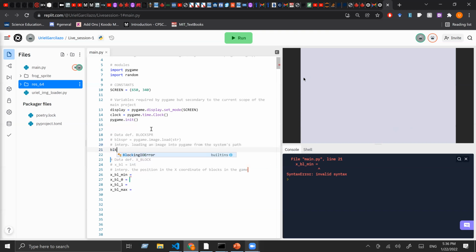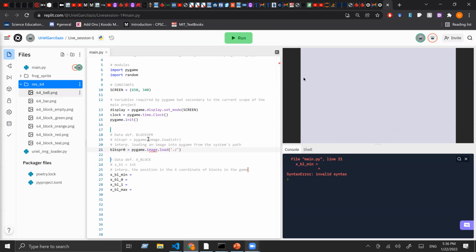BL SPR0 is going to be equal to pygame.image.load, and inside we're going to give it the address to the first block. We're actually going to load all of the blocks, and because each block is different, we're going to give a modulo here. And actually I'm going to simplify: BSPR. How about that? BSPR is better, no? BSPR. Okay, so modulo